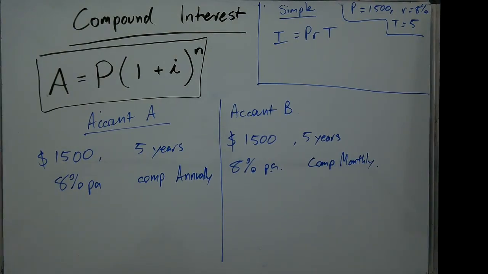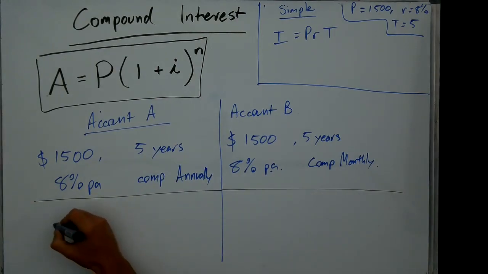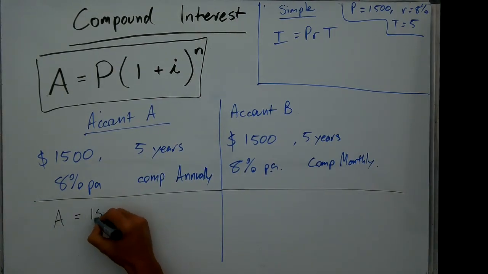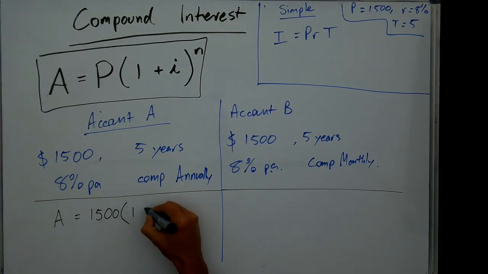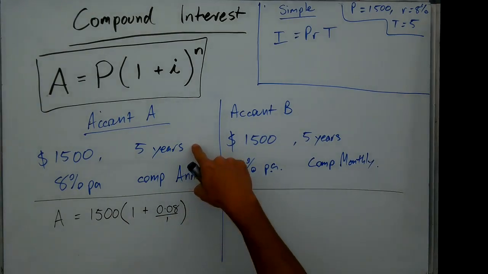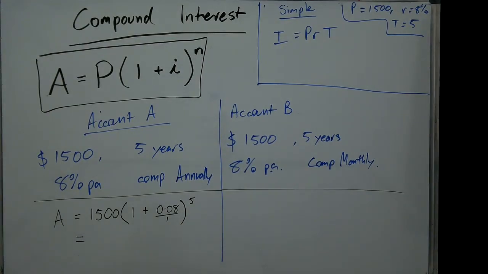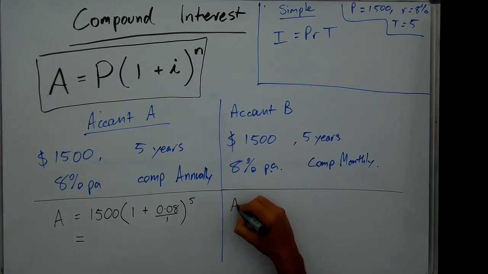Okay, so I'm just going to jump straight in. Plug these numbers into our equation. So the amount equals 1,500 times 1 plus 8% divided by once per year. I'll write it in there. And the number of compounds, 5 years multiplied by once per year, that's the power of 5. I'm also going to write this one out so you can see what's different. The amount